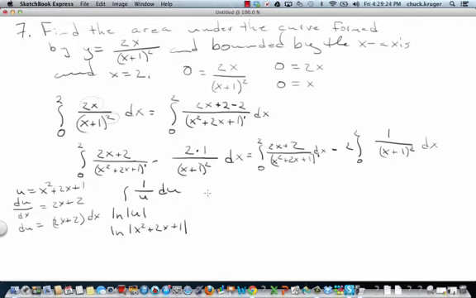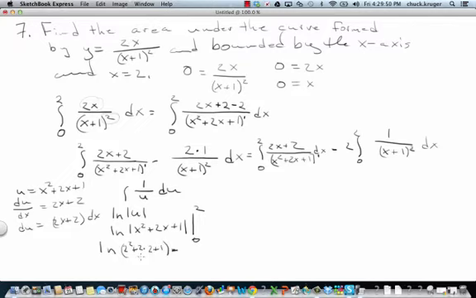the absolute value of u, which means I have the natural log of x squared plus 2x plus 1, absolute value. And since it's a definite integral, I have to integrate from 0 to 2, which gives me the natural log of, well, 2 squared is 4. 2 times 2 is 4, plus 1 is 9. So it's 2 squared plus 2 times 2 plus 1,